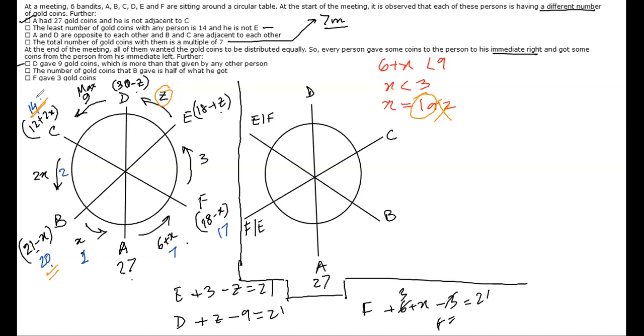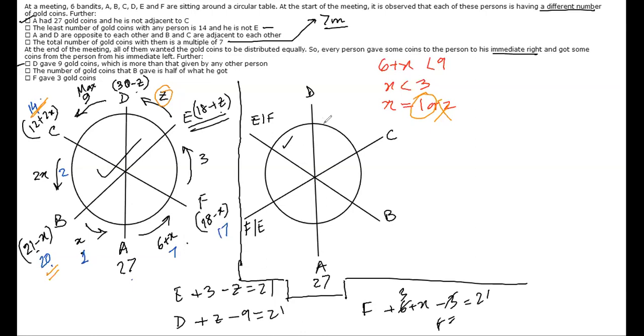Now understand another trick here, how the questions are set. When you solved this case, did we come across a scenario where E was having 14? No, right? No such contradiction came up. All the contradictions were different: one was that values became equal, one was that someone gave away more than 9 maybe. So we never came across a condition that E became 14 and that's why the solution is not allowed. So I have a feeling that when you solve the other case, you will get a case where E becomes 14 and hence will get eliminated. Understood?